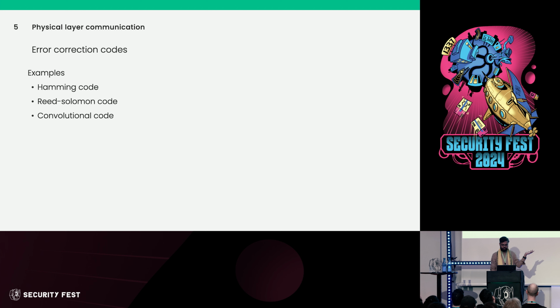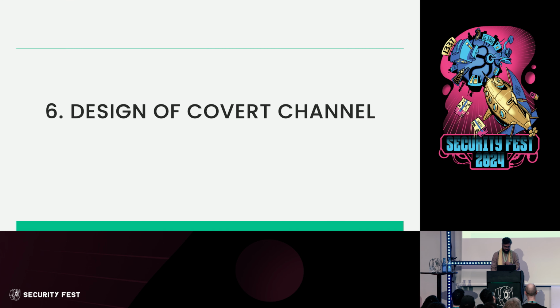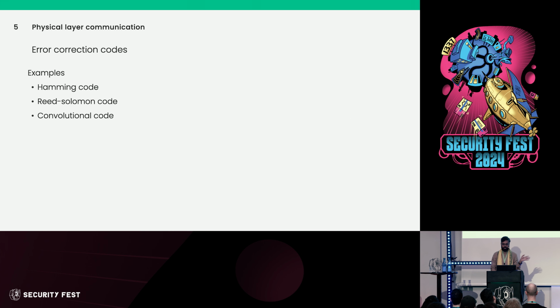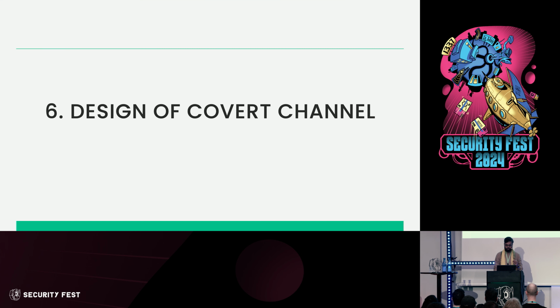Now there are some more examples. For example, Reed-Solomon code; convolutional and Hamming, we already covered. And now we have basically all the bells and whistles to deal with all the devils in whatever we are going to do. So now the only one problem remains, and that is design of covert channel. And which means we are back to controlling that temperature sensor. Okay, if I want to make it say A, it should say A. It should not say B.